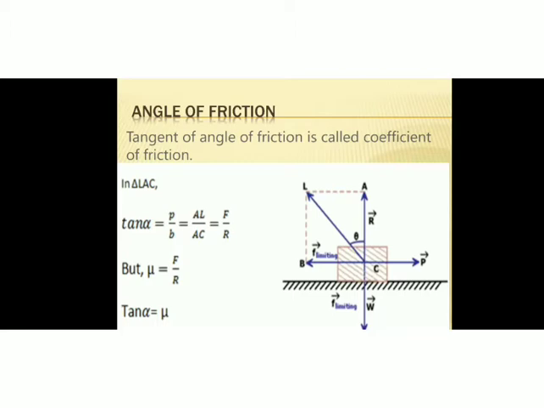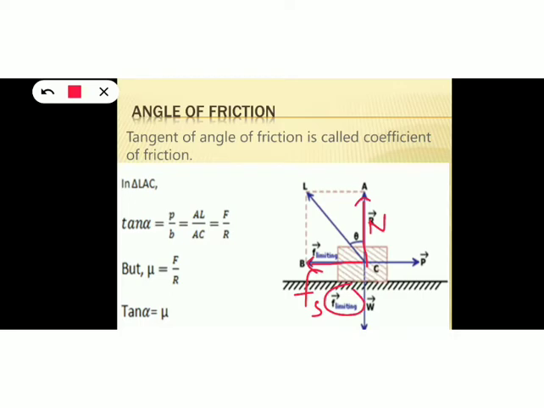Let's discuss it in detail so you can understand. On the screen you can see one figure. Here a force is acting, and it will be our normal reaction. Normal reaction is the force offered by the surface on the object and it will be perpendicular to the surface, and static friction will act in this direction. This is the direction of static friction, and it will be the limiting friction.